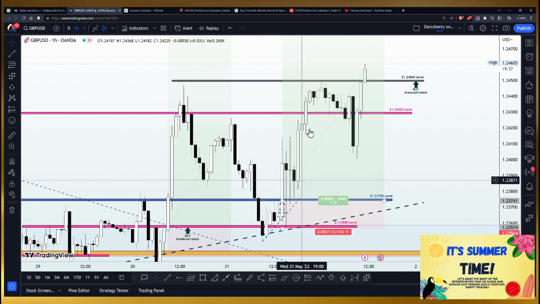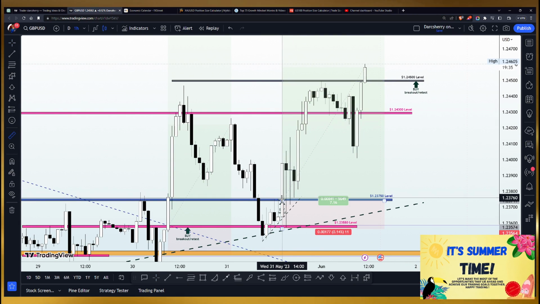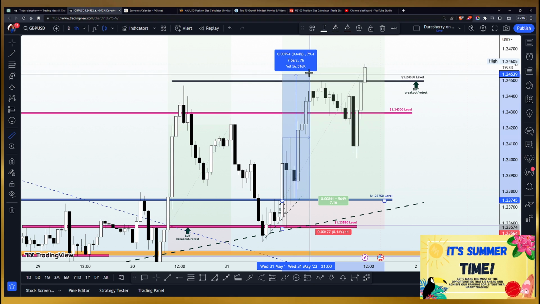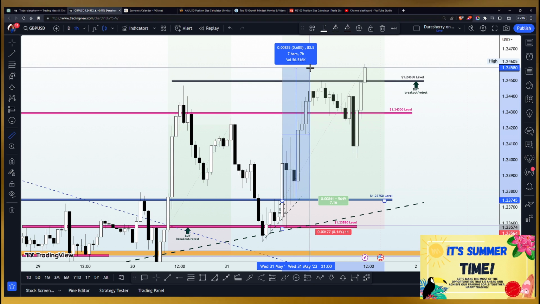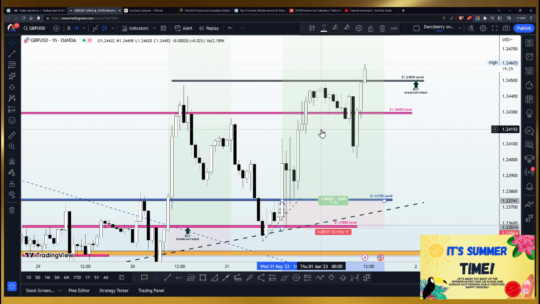And since then, we saw our price action continue to the upside one more time, and since that moment we have about 83 pips running in profit at this particular point in time if you still have an open position on the GBPUSD. And for those who have been part of this profitable trade so far this week, well done to you guys. Congratulations for being on standby to catch this opportunity.